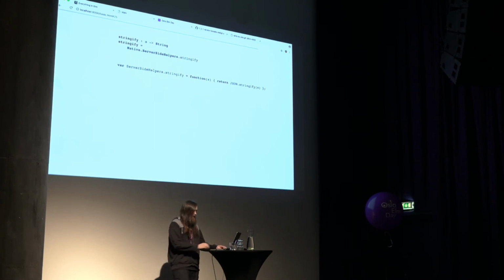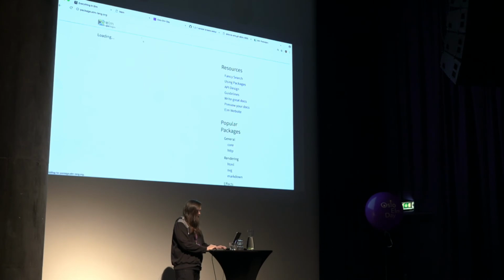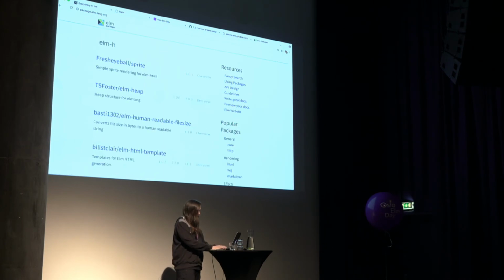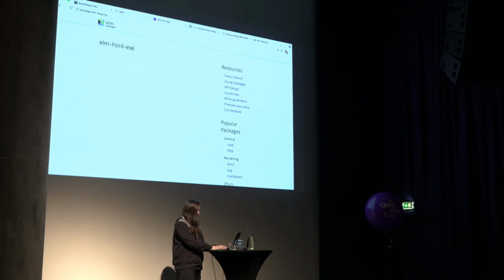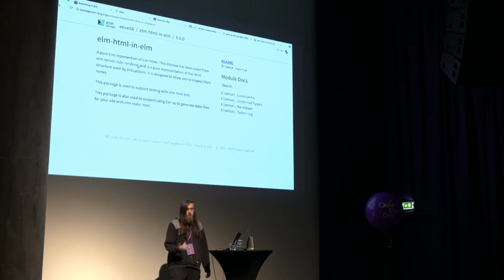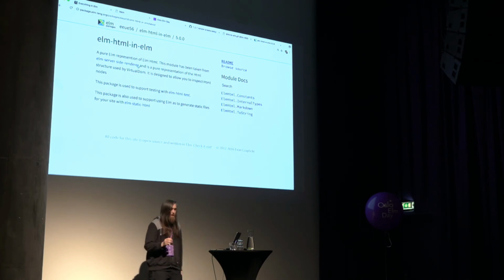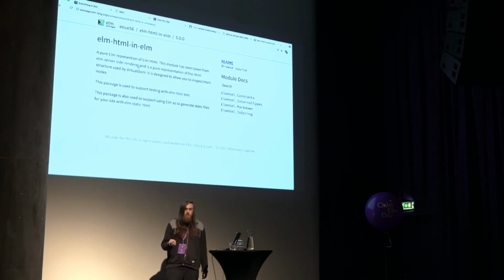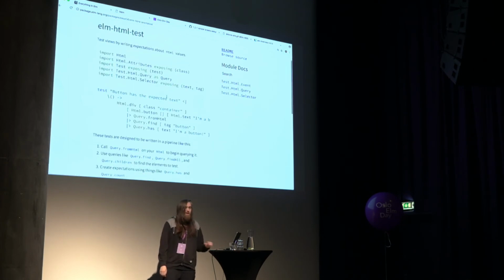And so what I actually did was split all the logic out, as with doc tests and JSON to Elm, and then it could be published, and now it can be used by several different projects. So for example, if you're using Elm HTML Test, oh, thank you for putting a link there,